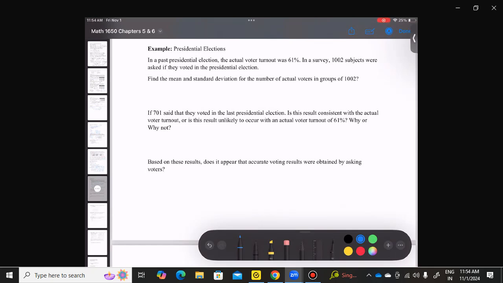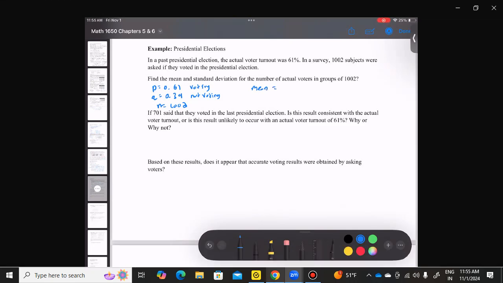So again, you either voted or you didn't vote, so there's your two choices. Your probability of success in this case is 0.61, so p is going to be 0.61. q is going to be 0.39. So this is voting, not voting. n is our sample size, 1002. So the mean,